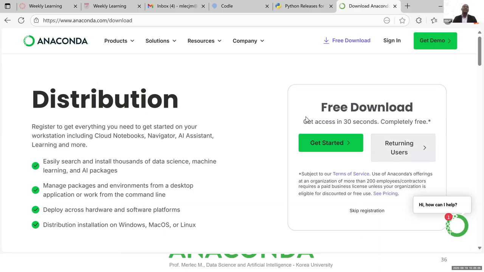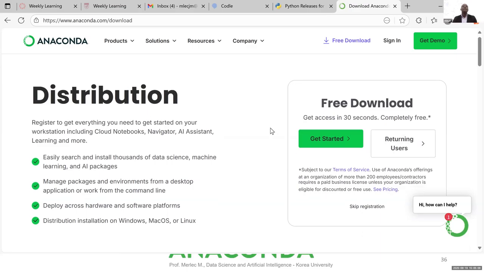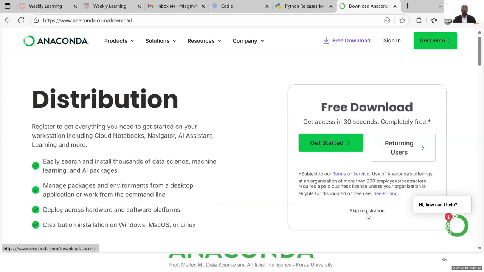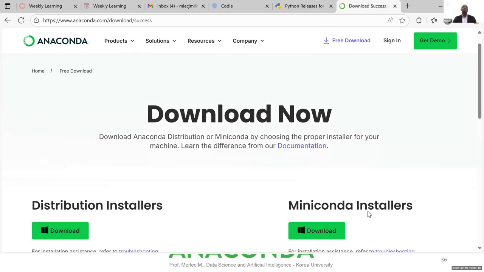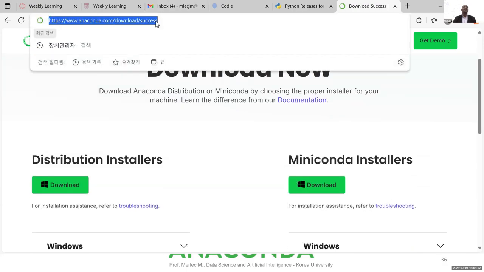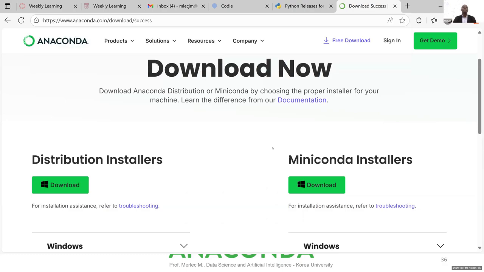If you have an account, you can sign up, but it is not required. This step can be skipped. Just click on this link, skip registration, and you have access to the downloads. This URL is the one I provide in the class. If you use this URL, you will directly reach this